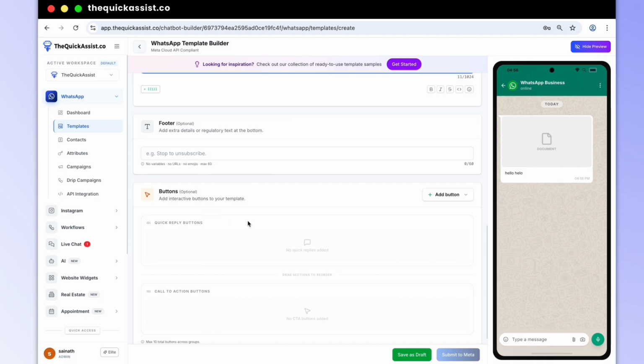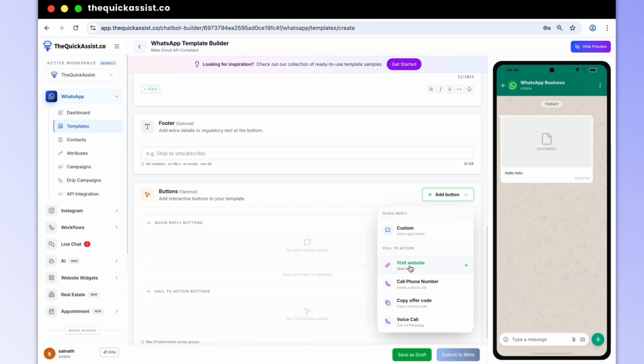After that, there is the footer section. After the footer section, there is the button section where you will get 2 website buttons, phone number button, coupon button and voice call button. After creating a template, you have to submit it to Meta for approval.